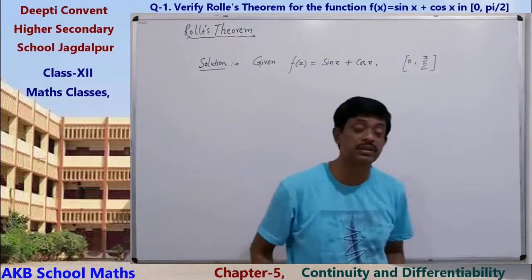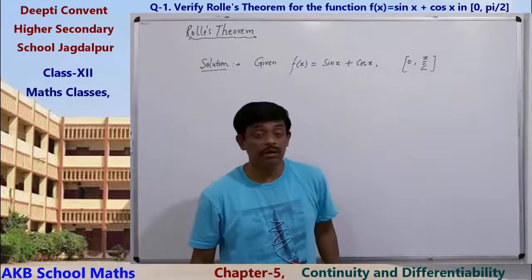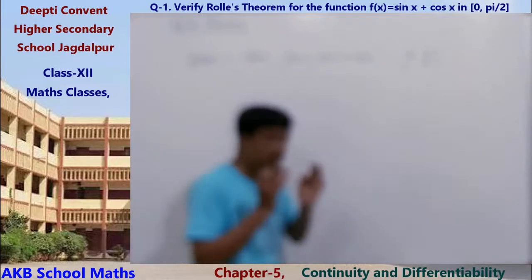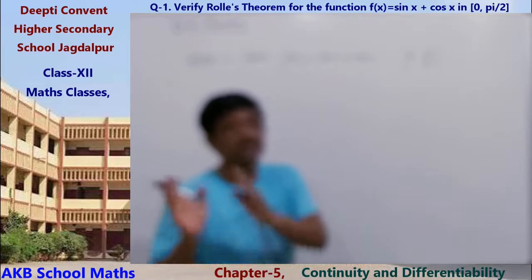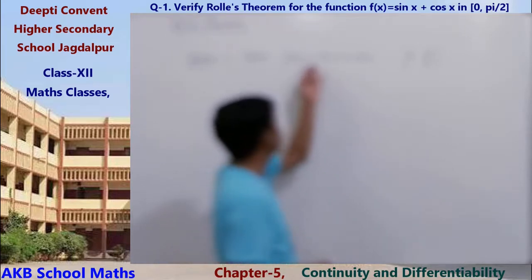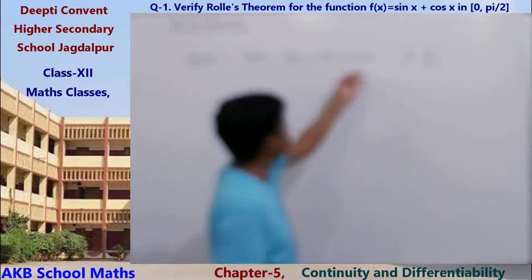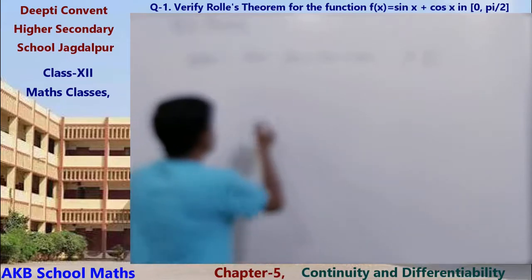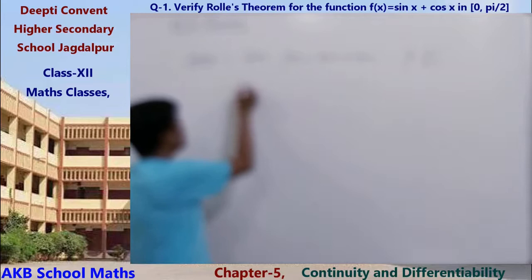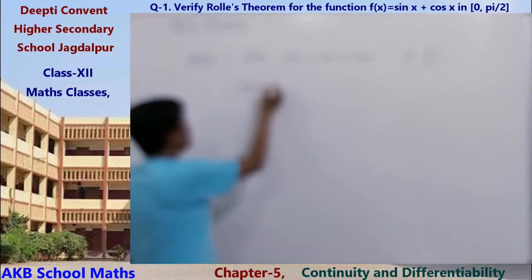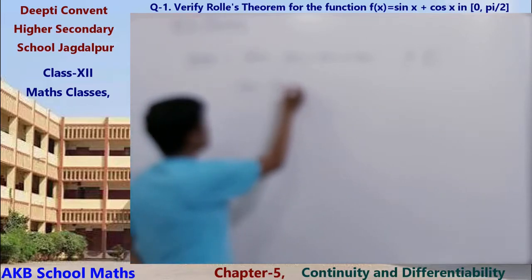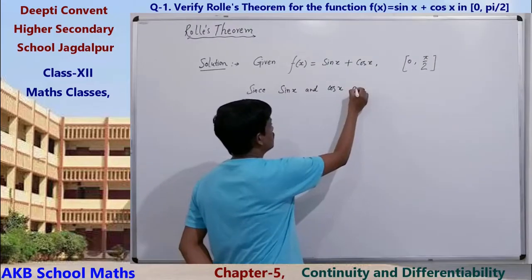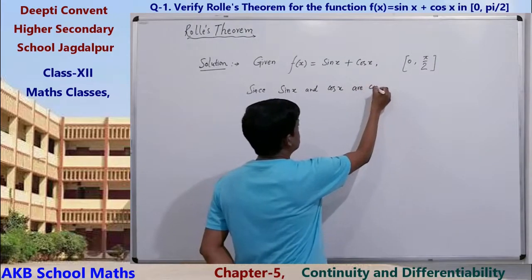Also we know, by the property of continuity of a function, that the sum of two continuous functions is continuous. That's why sin x plus cos x is also continuous. So we can write, since sin x and cos x are continuous functions,